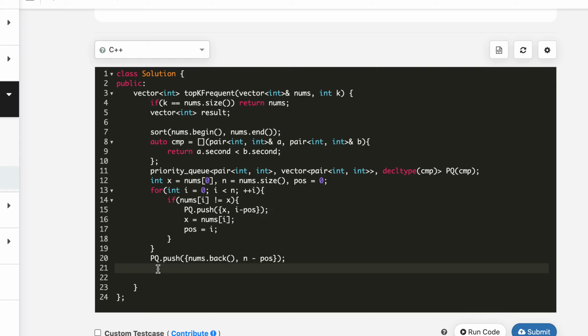Now what we will do, we will put it into the result. We will pop this priority queue k times and put that into the result.